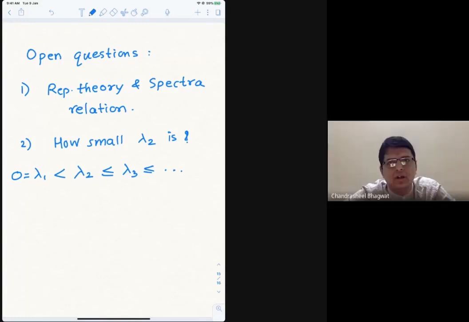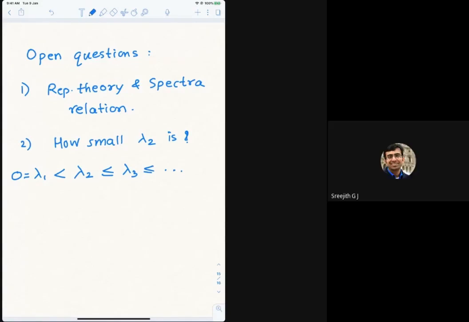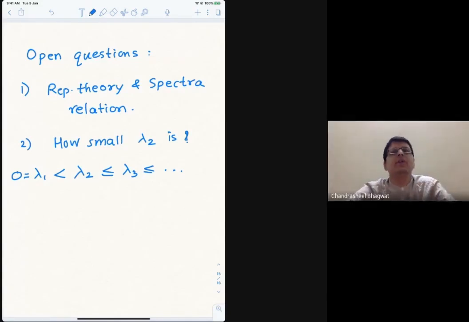I'll answer the questions one by one. The first question was about when the spectrum is discrete and when it is continuous. It's related to something called compactness of the original setup. There are two things I can think about. One is a compact manifold. You think of the sphere, torus, everything as a compact topological space, whereas R2, R3 or the open disk are non-compact sets. On compact sets, compactness ensures that the spectrum of the Laplacian is in fact a discrete set.